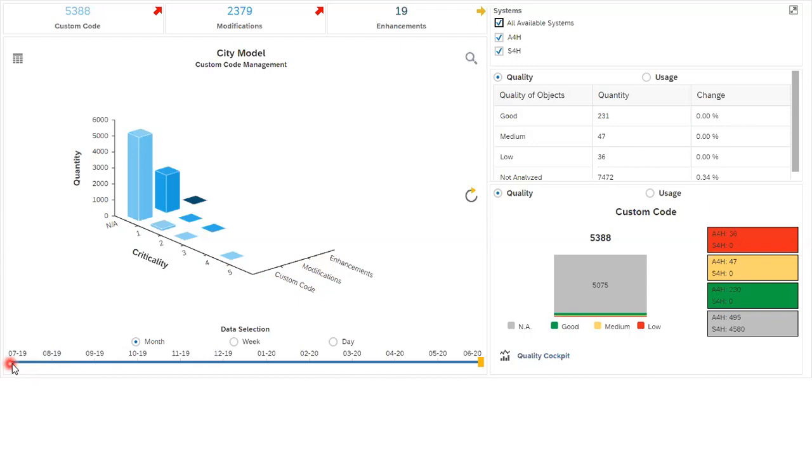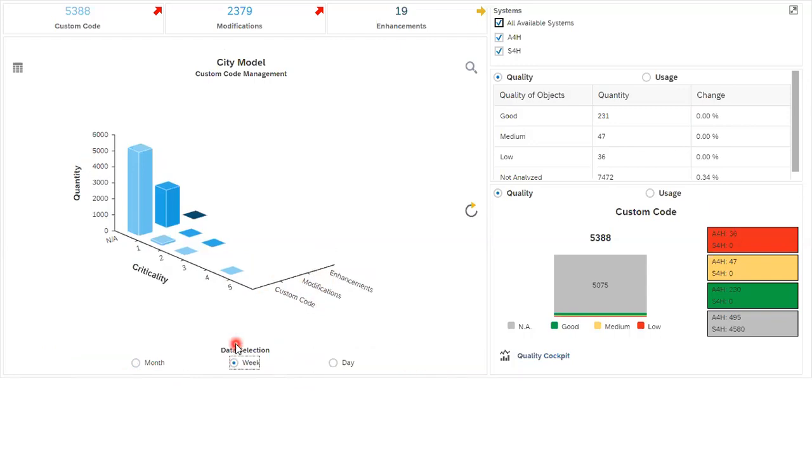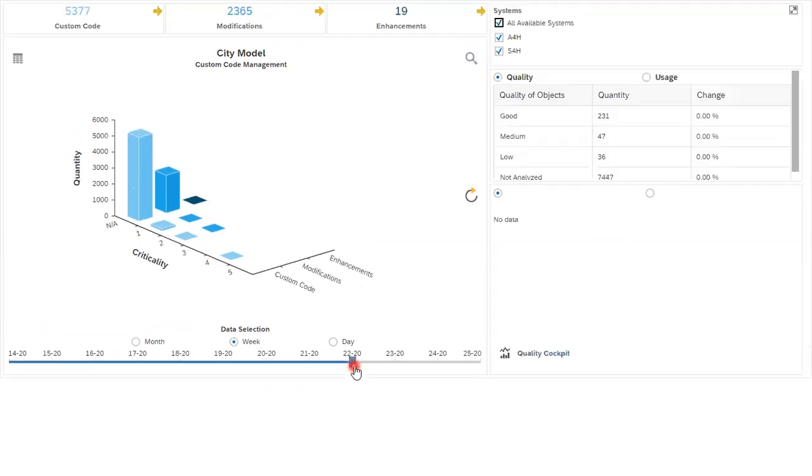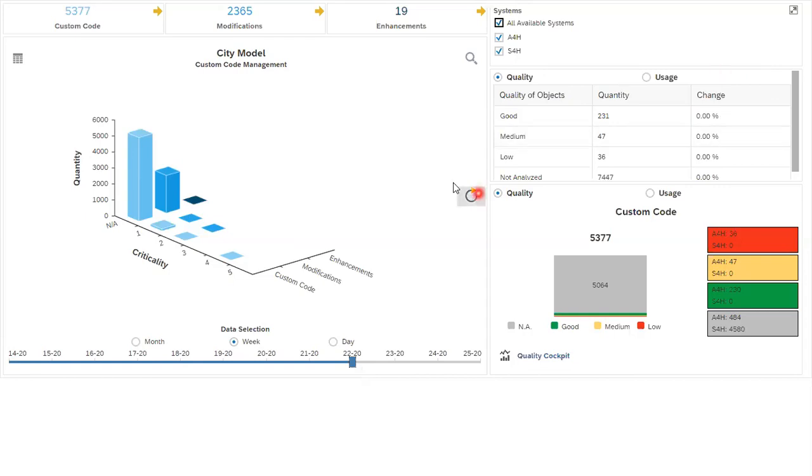Later, below, you can see this bar. This shows months, weeks and days. Currently we have clicked on months, and along with that it is showing the data. If you click on weeks, it will show like this one. This is the scroller which you can scroll as well, and based on the selection it will check the data and give the information. Along with that you can also click on days and you will see that.